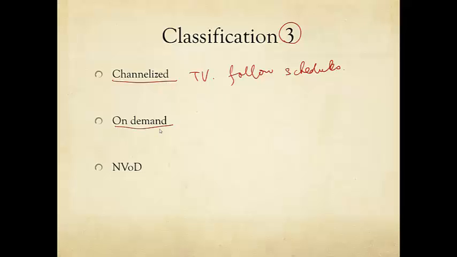And then increasingly we're talking about on demand. So instead of following their schedule, you're going to follow your own schedule. A lot of these, YouTube, Netflix, are on demand,